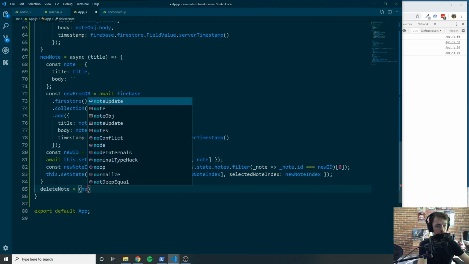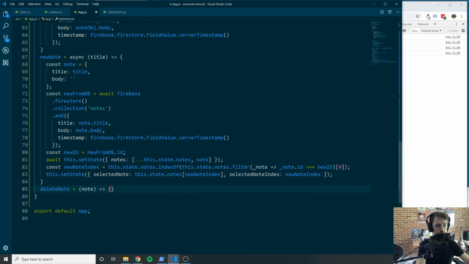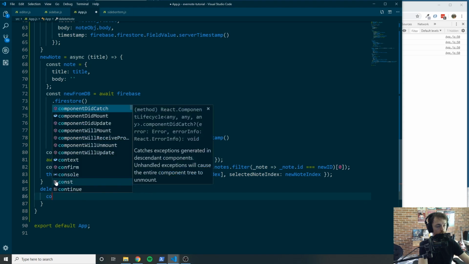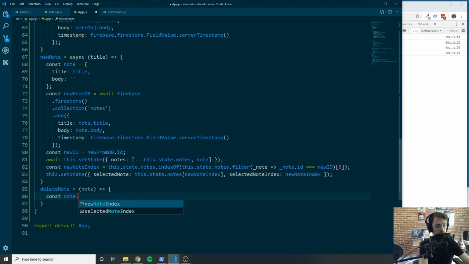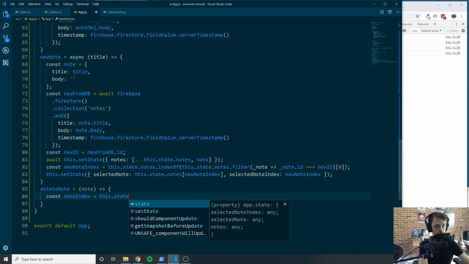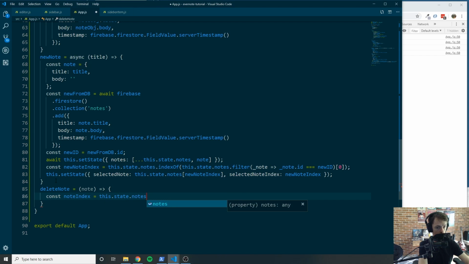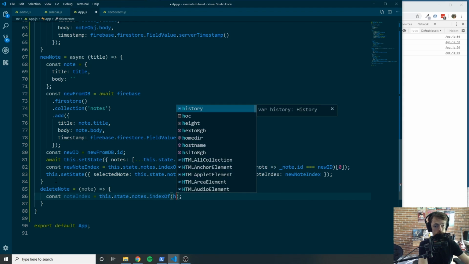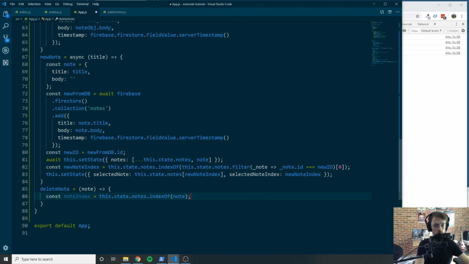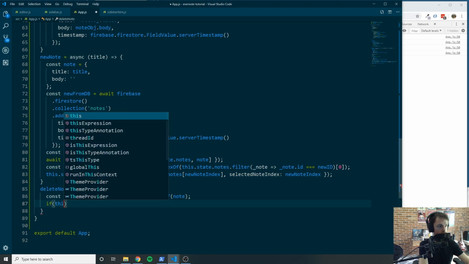Delete note is going to take the note object itself, and we are going to say const noteIndex is equal to this.state.notes.indexOf(note). Cool. So now we have the note index, and we're going to say if this dot